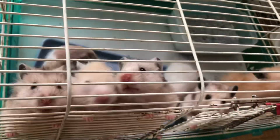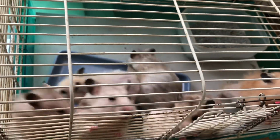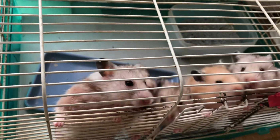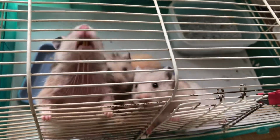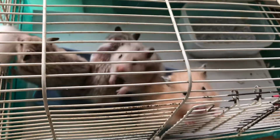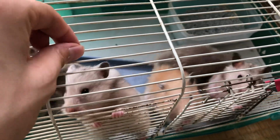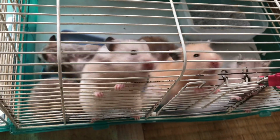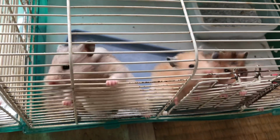And I do admit that the depth of the cages is kind of small, but this is a cage that was very popular probably 10 to 20 years ago in Japan. It's called Sanko. Sanko is a very famous pet company in Japan, and they made this cage that is very simple. I know that this type of kanami, I don't know what they call it, steel cage is kind of outdated, but they were very, very popular 10 to 20 years ago,